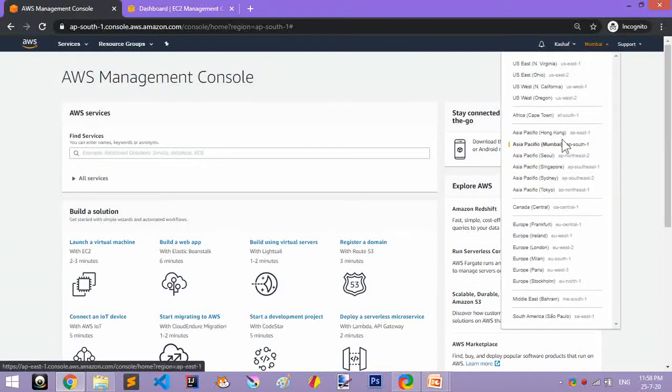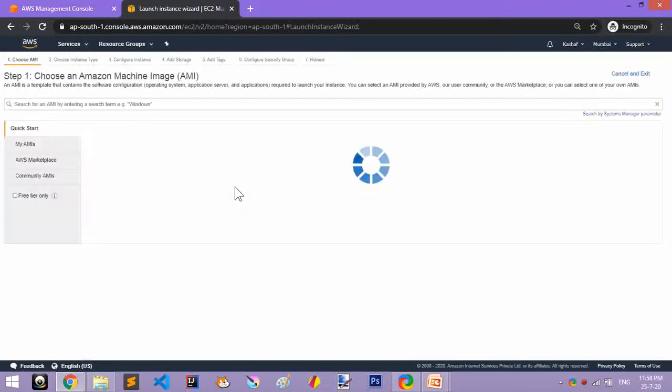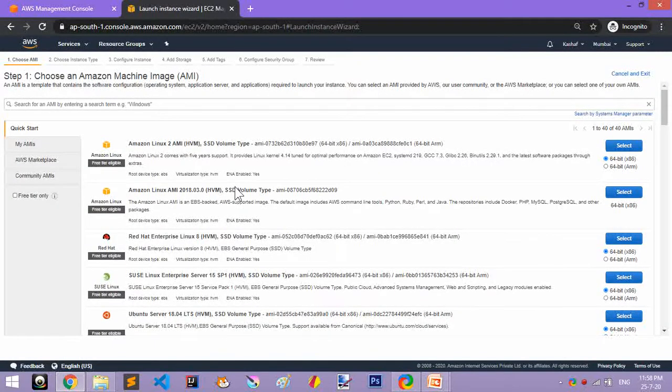Okay, I want to go with the AWS Mumbai region. Now I want to select an AWS availability zone. Suppose I want to create one EC2 instance. I can launch this EC2 instance from the EC2 console, and I want to use a specific availability zone.